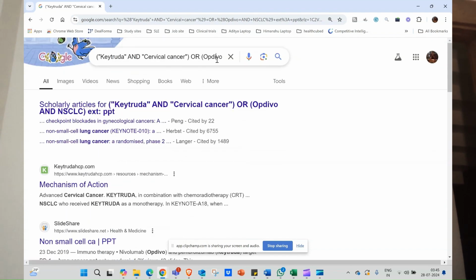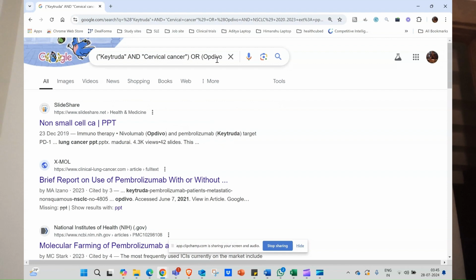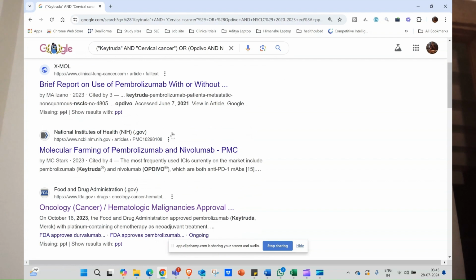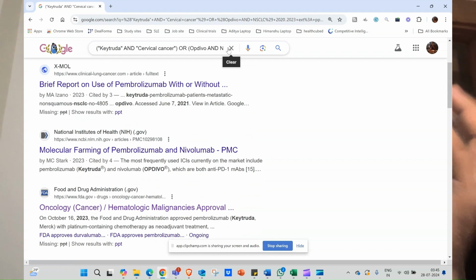Okay, now let us put in a date operator. So let's put in a range between 2022 and 2023. Let's do this. See, the operator has started working. It has started to give me Opdivo results, everything within the date. So basically, our aim is to narrow our research in such a way that it becomes such an effective research that we don't have to waste time on unnecessary or repeated or old information. We can always modify our information as per the date. We can modify information as per the file type,